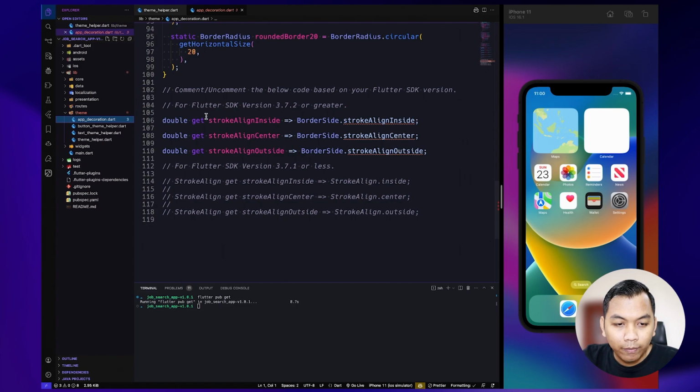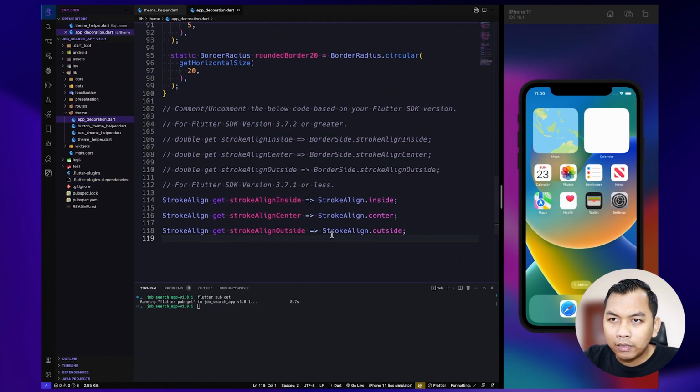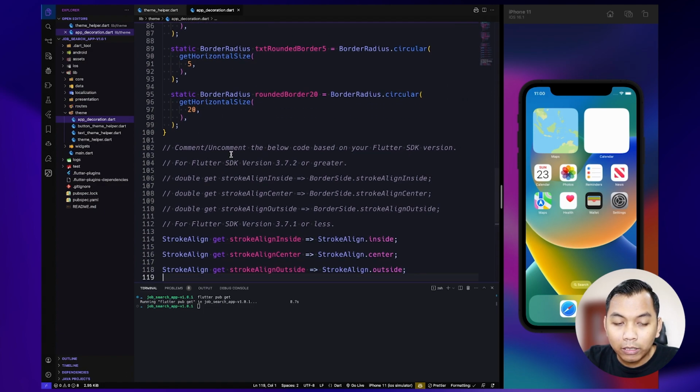We will see that if our Flutter SDK version is 3.7.2 or greater, we use this code. So we need to comment this and then uncomment this code. I think this generated code is awesome because it includes comments and a little bit of explanation here.